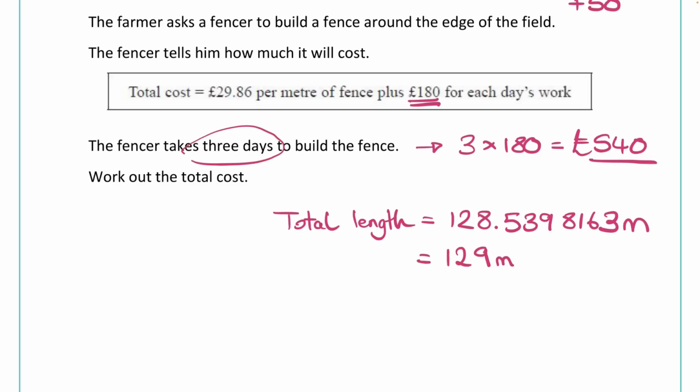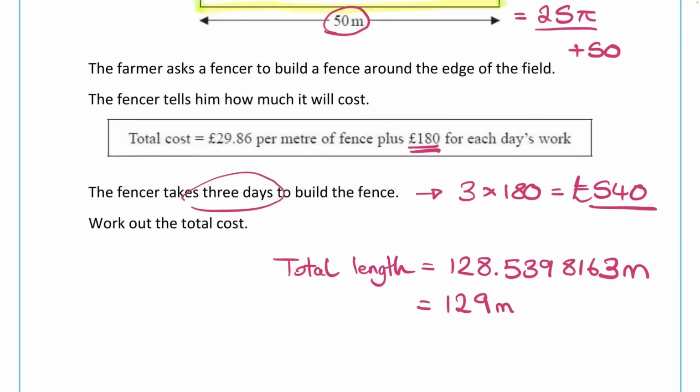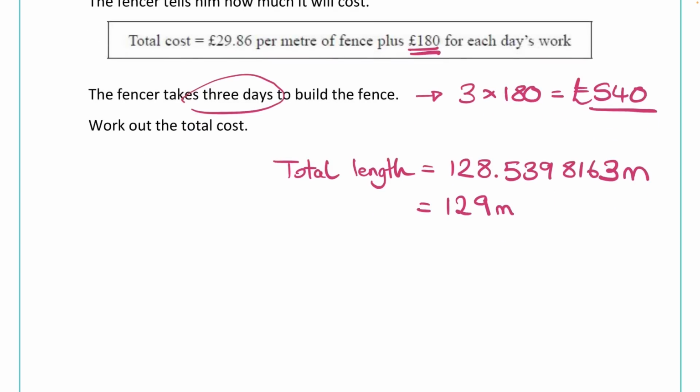We'll have that gap of half a metre. So we just buy a little bit extra and we'll pay for that extra half a metre. However, technically, it doesn't say here that you necessarily have to buy a full metre or anything like that, but we just sort of can assume that. So in this circumstance here, we'll round it up to 129 to make sure we have enough. And now I can do the 129 multiplied by